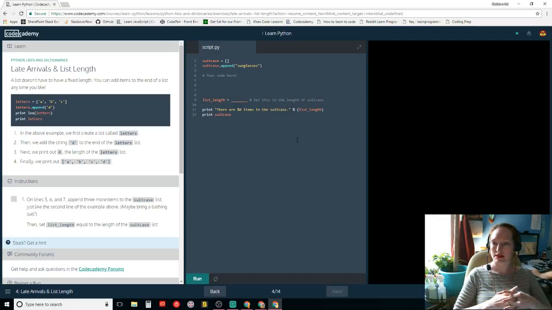Late arrivals and list length. Letters append the length of the entire list, not the items within the list.